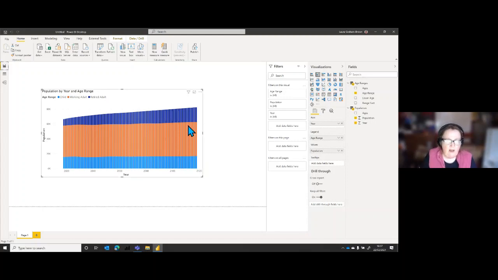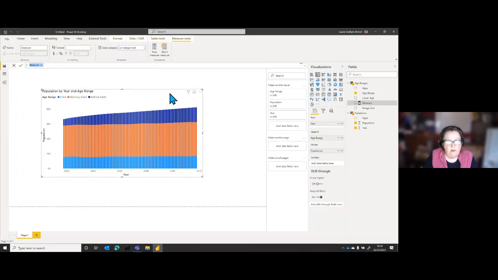So let's have a look, see if we can do some calculations of this. One of my questions is what's the percentage of the population that's working? So we're going to write a new measure. Measures are useful ways of doing calculations that can be plotted. This is writing in a language called DAX. Power Query is written in a language called M. And DAX is really simple in asking for which references to go for.